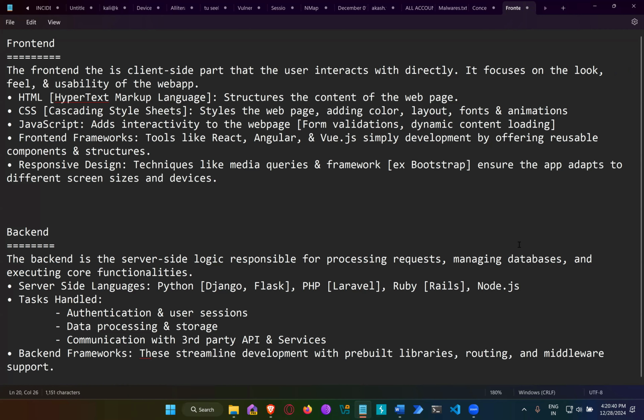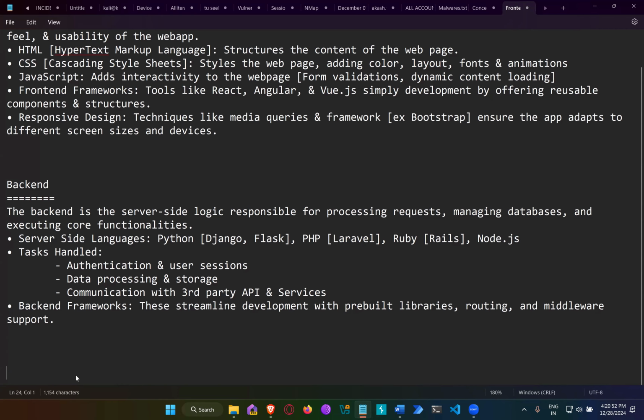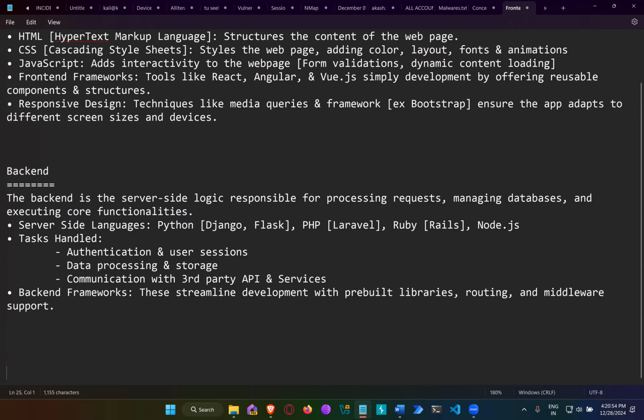There is something called Express.js for Node.js. These frameworks basically help in streamlined development and proper communication channels. So yeah, backend frameworks also have very important roles. Now,